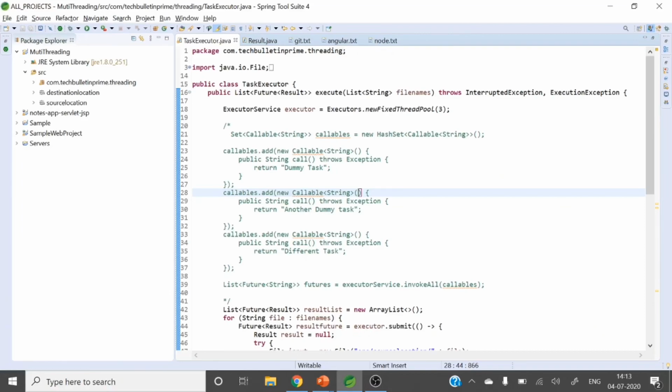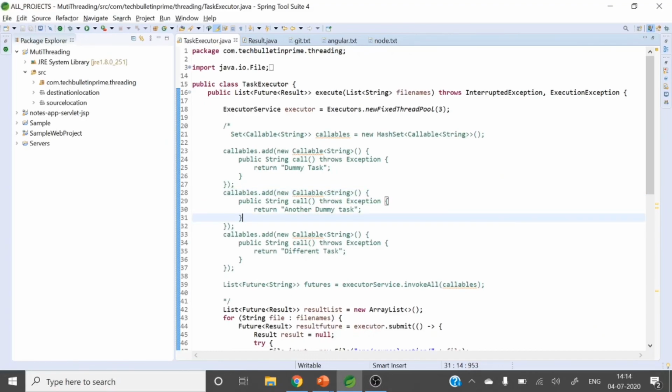So here is how I have implemented the threading concept. Each file will be copied by a thread. So 3 threads will simultaneously copy those 3 files to the other location.